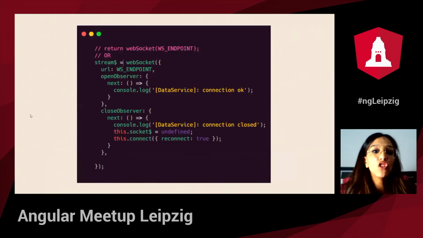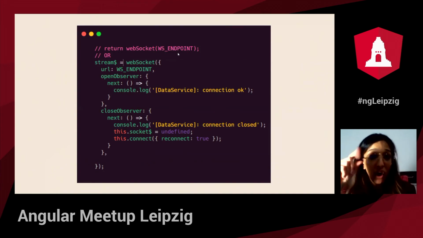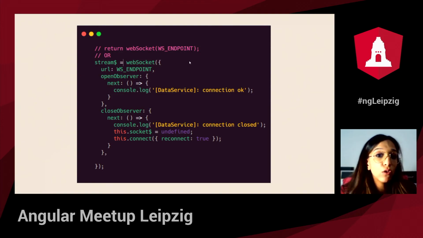Okay, so you can create this subject using the WebSocket factory function that's available under the RxJS package, and that takes as input your WebSocket endpoint. This is the first method. The second one is calling this same WebSocket function, but given as input a whole object, which we call WebSocket subject config,